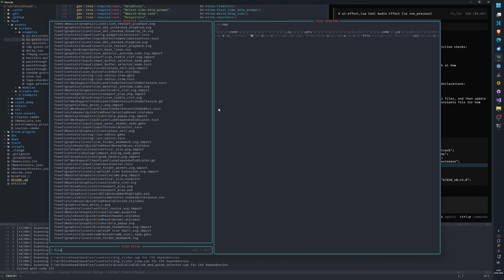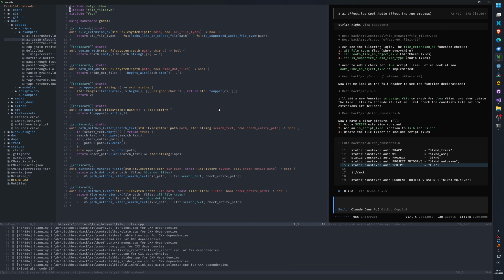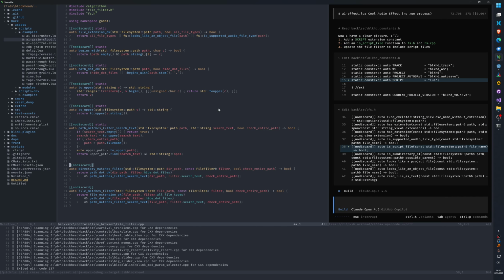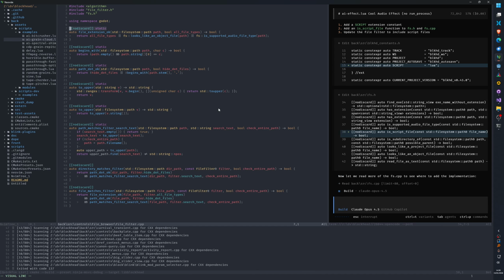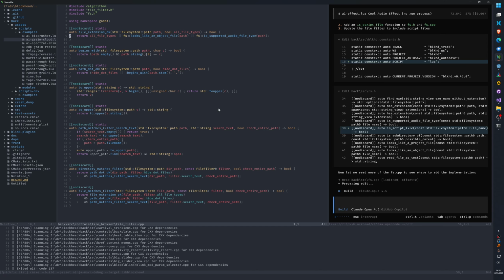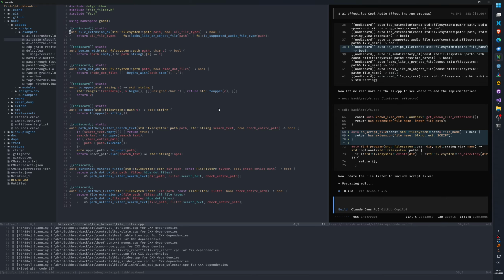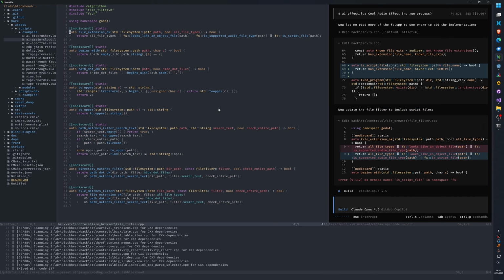What's it looking at? File filter. Yeah, it's this bit that's going to update, I assume. So that already exists, I'm pretty sure.